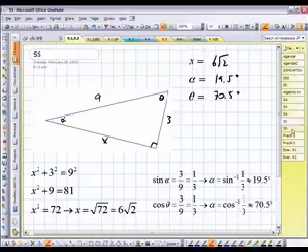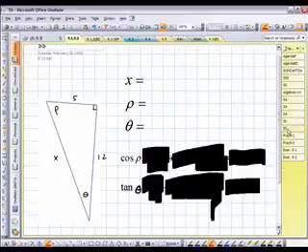One more example. We have our sides 5 and 12, our side x, our angle. This is rho, and there's theta. So first of all, to get x, 5 squared plus 12 squared is x squared. It's going to come out to 13. It's a 5, 12, 13 right triangle. To get rho, then, we'll say this is now 13,